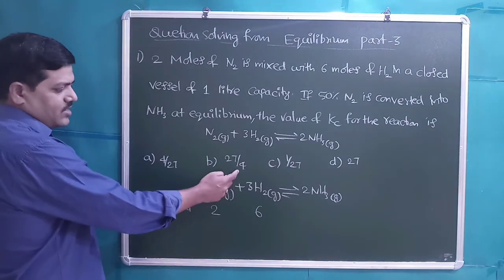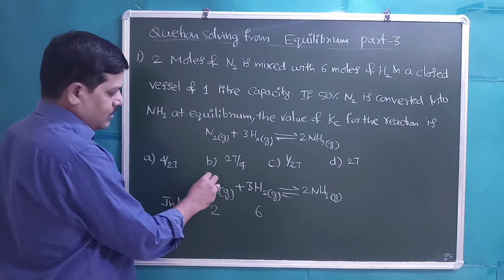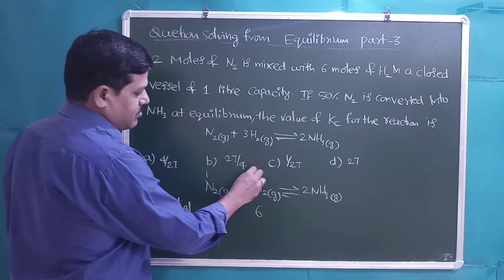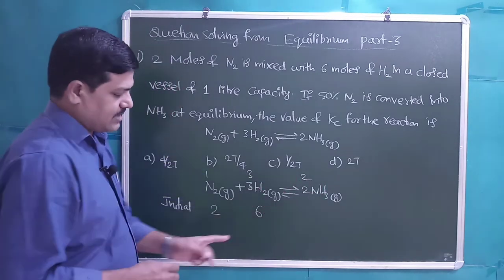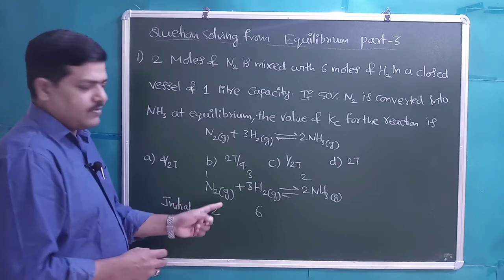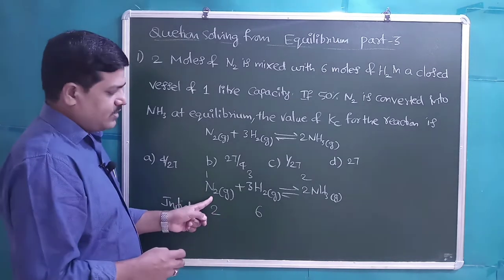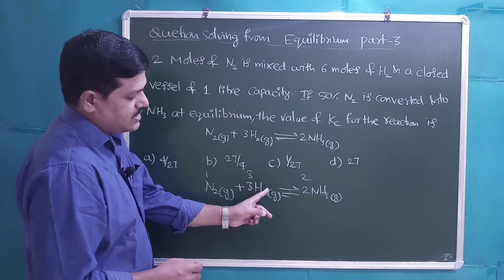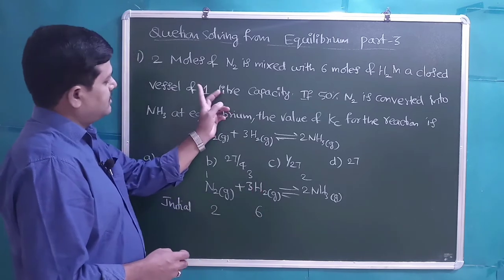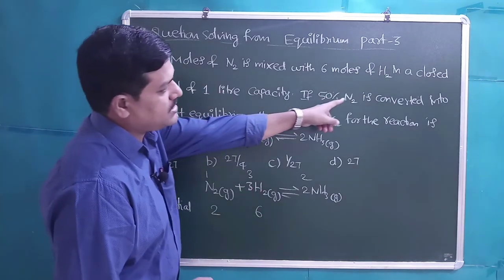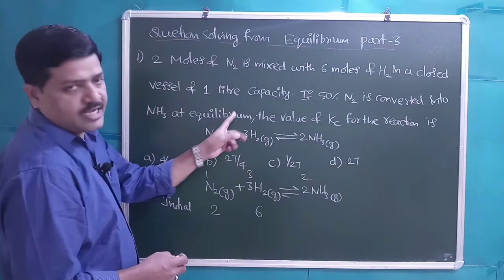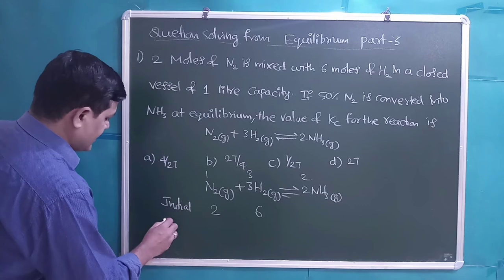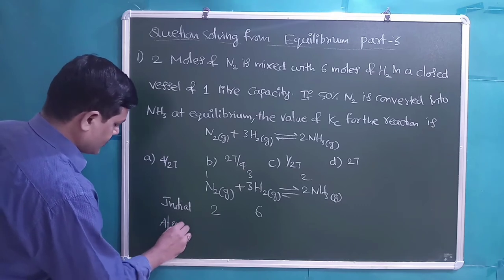From the balanced equation, 1 mole of N2 requires 3 moles of H2, which gives 2 moles of NH3, ammonia gas. Given initial moles are 2 moles of N2 and 6 moles of H2 in a 1 liter vessel. If 50% of N2 is converted into ammonia at equilibrium,